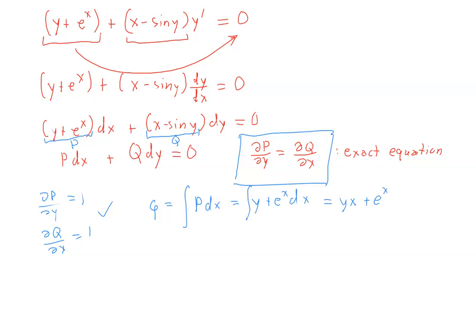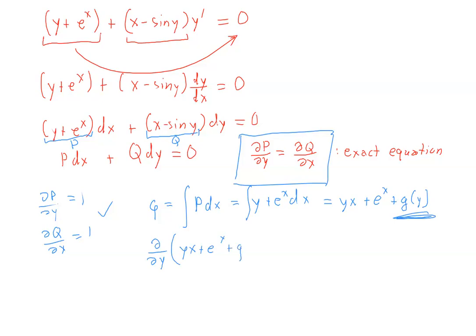No, it's not plus C. Well, yeah, you might say C sub Y plus G of Y. Very good. And now we're supposed to find Y. And how do we find Y? We make sure that by taking the partial derivative with respect to Y of what we just found,